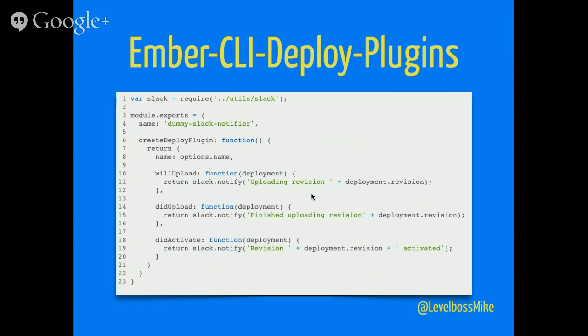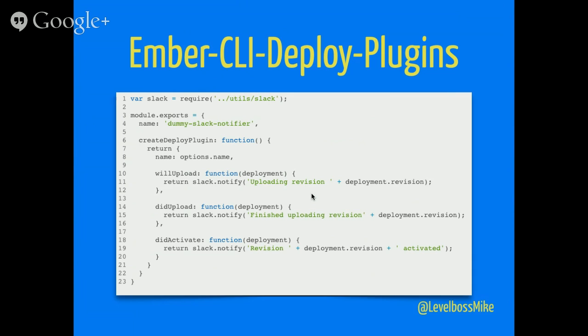And to clarify a bit how a deployment plugin would actually look, here's some code showing how you could implement something like a Slack notifier. You just create a deploy plugin that's also an Ember-CLI add-on, and you just override the hooks you want to use. So in this scenario, you'd override the will upload hook, the did upload hook, and the did activate hook, because you'd likely want to notify a Slack channel about